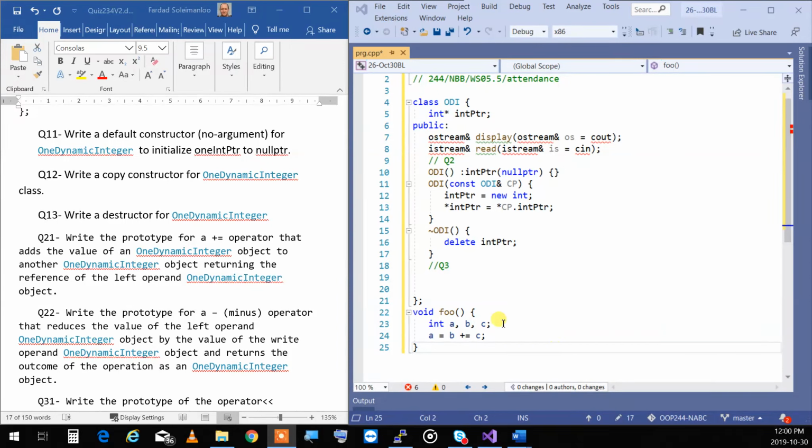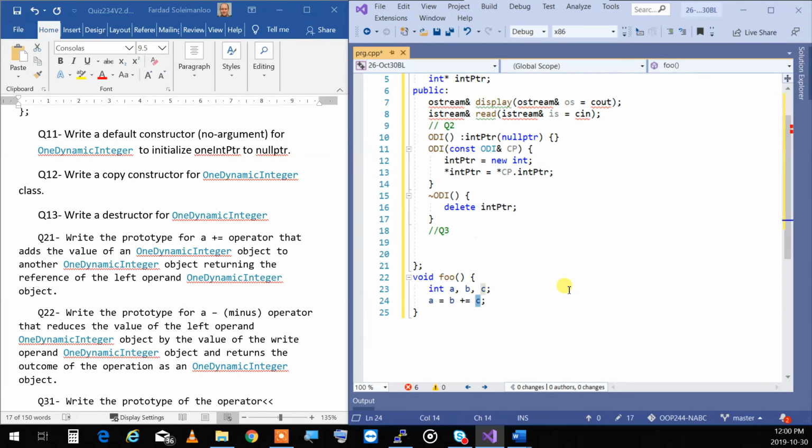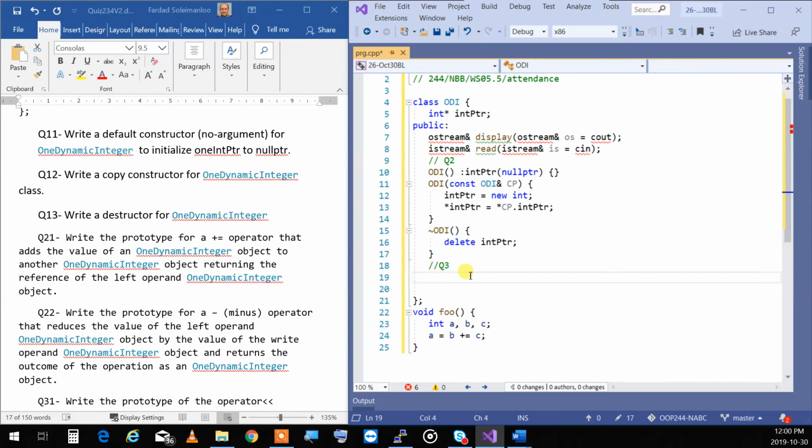A member function is always like this. When you say A is set to B plus equal C, plus equal is what you are overloading. So it belongs to B, and the right-hand operand is the argument. It only accepts one. So you write it that way. So you're writing operator plus equal. That's the right-hand operand that is going to be the